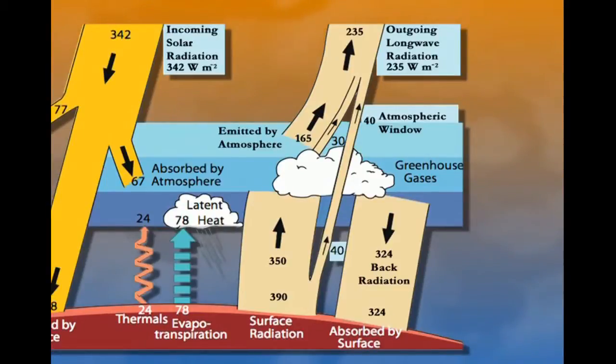It's called the atmospheric window, and that's the small amount of energy that's able to escape from the surface all the way up to space as infrared radiation, because the greenhouse gases are not 100% opaque. If they were 100% opaque, we'd be in big trouble. But they're not, and that atmospheric window allows a small amount of energy to escape, and it's enough to keep